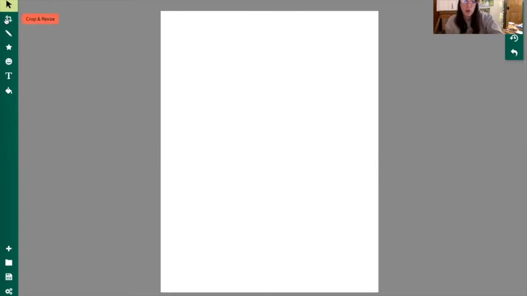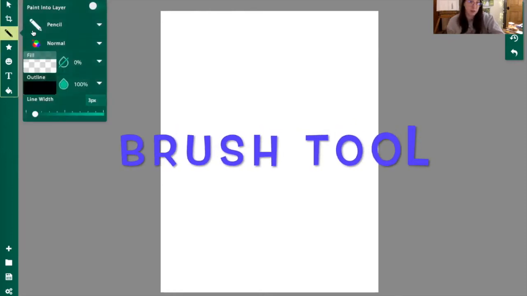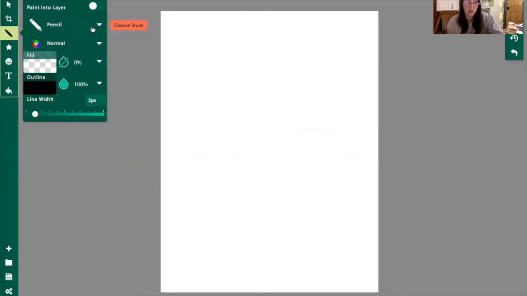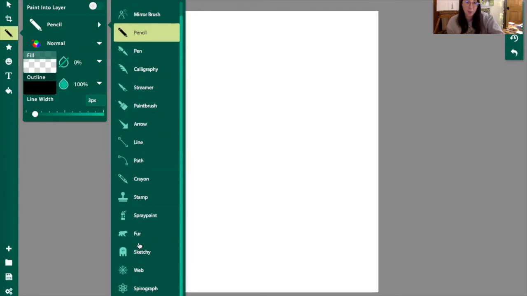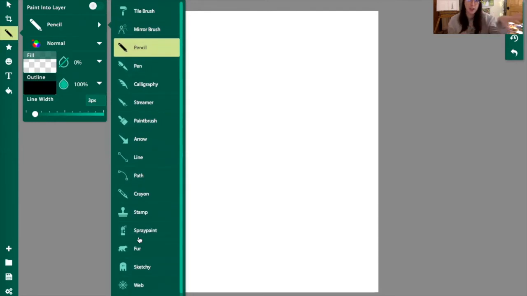The next one is the crop tool, which we don't need because we just resized our page to be perfect, so we don't want to mess with that. The next one down, mine says pencil, yours might say calligraphy. These are our brushes. So if you click where it says pencil right here to choose your brush, look at all those options. So many different options. Each different option here makes a different looking kind of mark when you draw with it on this digital page. So for example,